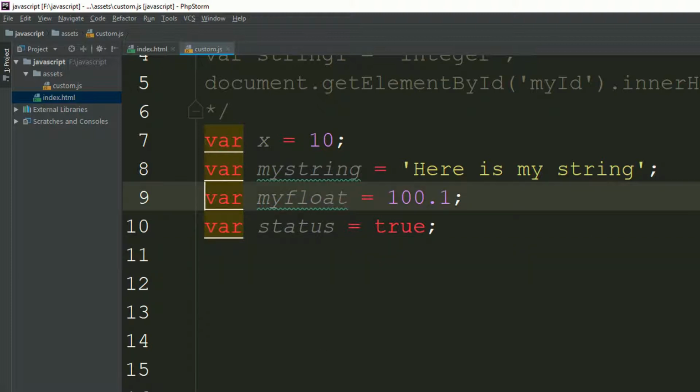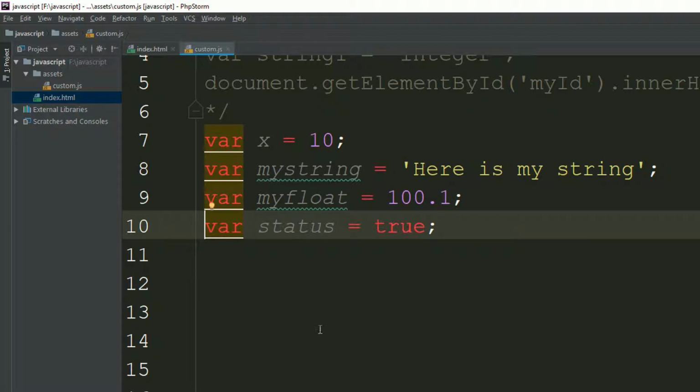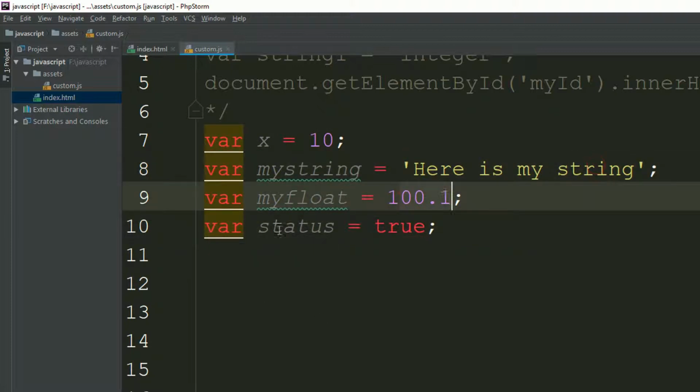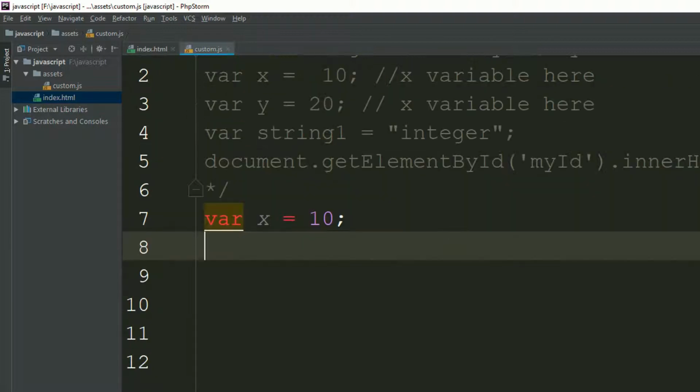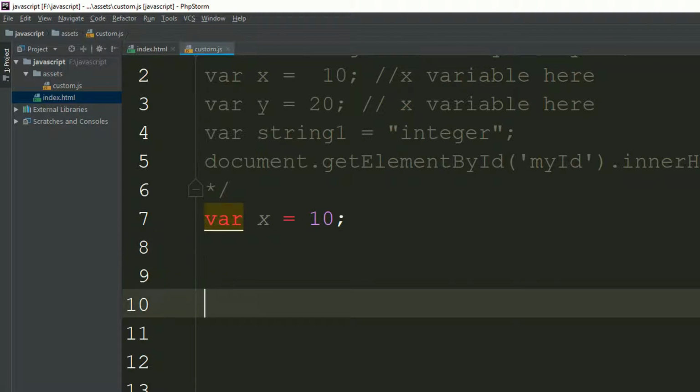Suppose you are familiar with data types. This is a string data type, floating, boolean, and this is an integer. Now, how many arithmetic operators are available? Plus for addition, first of all, minus for subtraction, multiplication for multiplication, and you have a slash, that means division, dividing something, or you have the modulus or remainder,